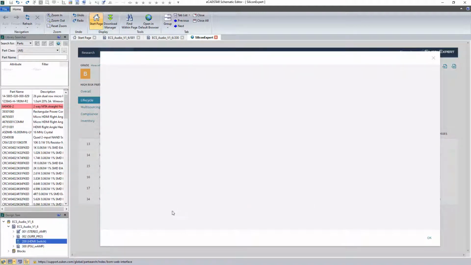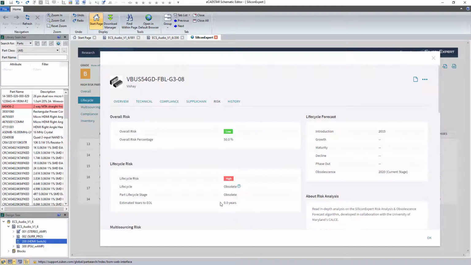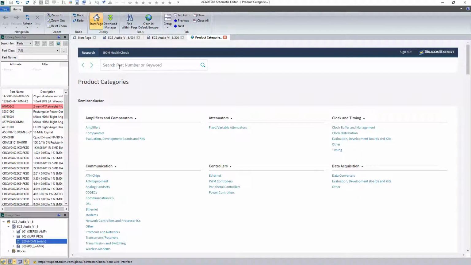We can look further at this obsolete part and see some of the specifications of the part in the technical tab, and we can see in the risk tab that it's end of life, so it's an obsolete part. We can find alternatives by going to the crosses, looking at the part alternatives or options of parts that are available. Equally, I can just research it myself using the category of searching for ESD suppressor diodes. So if I go to the research tab and put that into my search string,